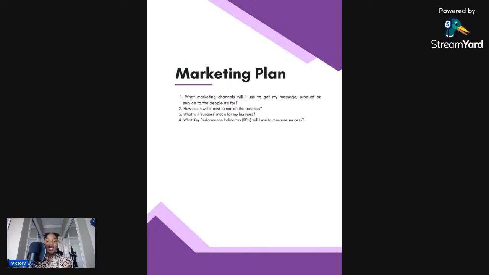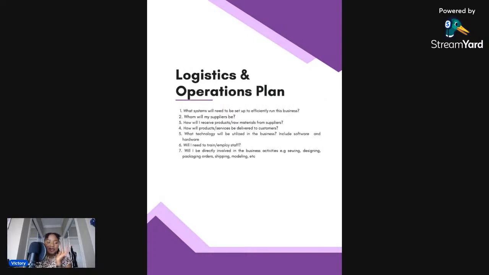So I'm going to move on now to the next page in the slide. Very important: logistics and operations. So this is basically more on the back end of the business, right? Because I think one thing that we need to be very, very clear about is that a business can look pretty on the outside, but behind the scenes is chaotic, okay? And we don't want to build businesses like that because, one, they're not sustainable, and two, they just burn you out after a while, right? So we want to really make sure that we're clear about what's happening behind the scenes.